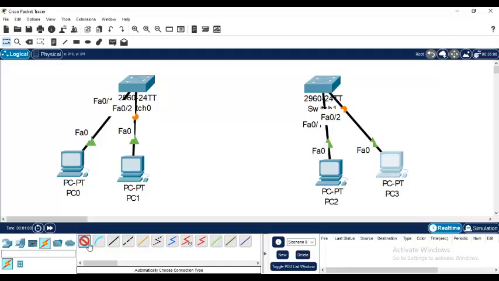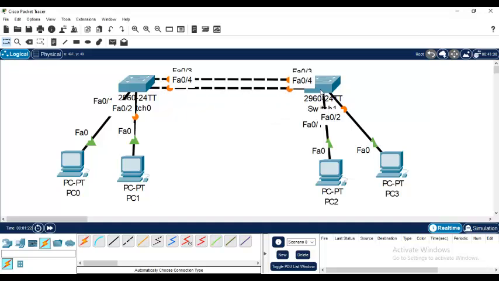We are going to have a trunk in between these two switches, so I'm going to have one link. We will also see EtherChannel in the same topology, so I'm going to have two links. 03 and 04 are going to be trunk links. As of now, our aim is not to understand EtherChannel. We are going to focus only on VLANs and switch port modes, and then